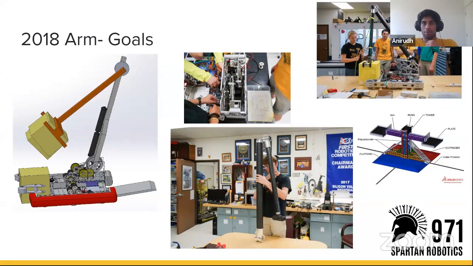For those of you who need a refresher, this game essentially had two switches and one scale. You can see the big scale on the bottom right of the slide, where you would place those yellow objects, cubes, onto them, and obviously the scale would tip to the side, along with the switches, which would also tip to the side with the most weight or most cubes. Whichever alliance placed the most cubes, the scales and switches would tip in their favor,